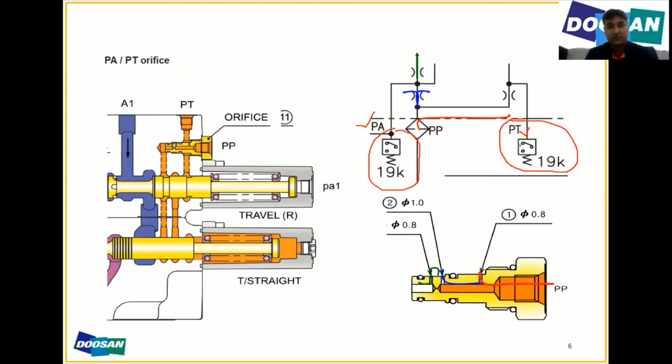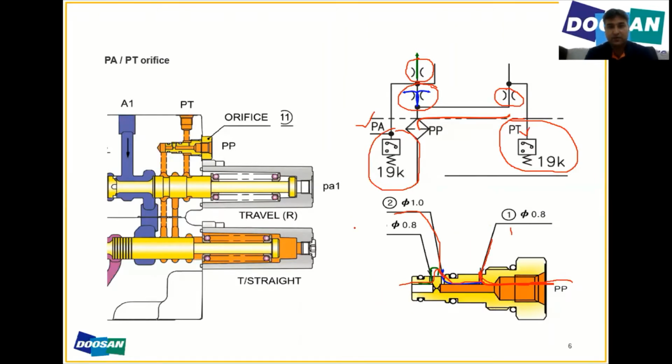PT works for travel only: left travel, right travel or both travels. This is the PT orifice, this is the PA orifice and this is the TS orifice. The pilot pressure comes through here, then passes one orifice, then another, and the other, TS. PT, PA and TS orifice.